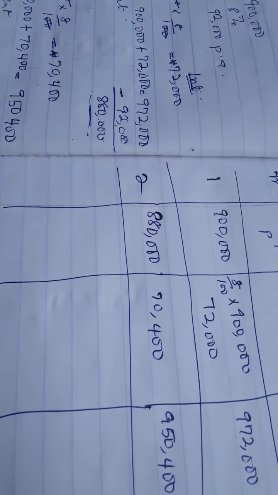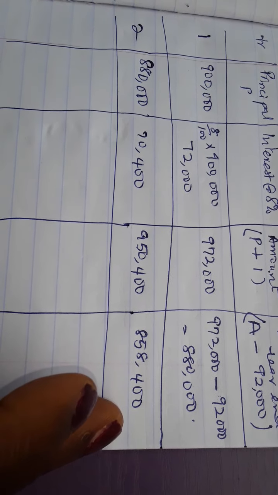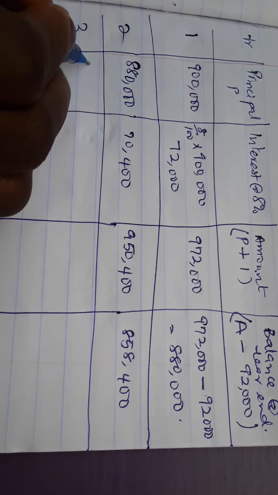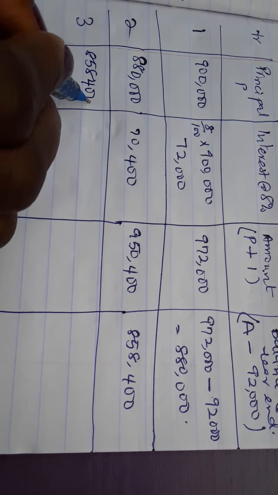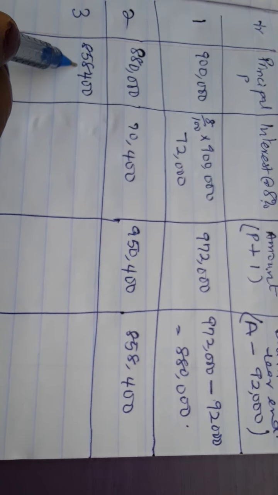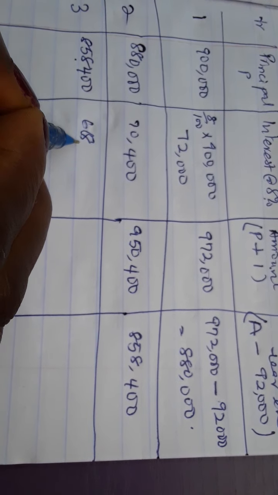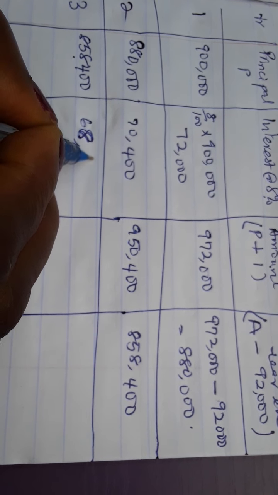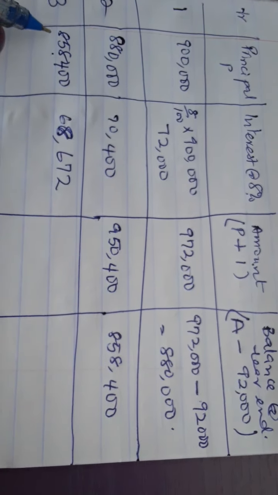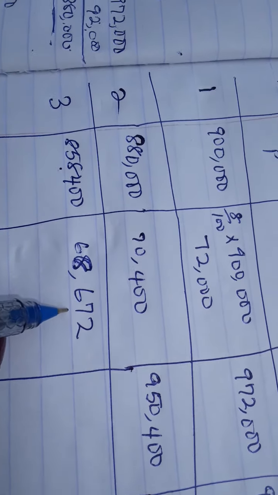In year 3, this comes to this side. Your 858,400 comes to the principal column. Again, 8% on 858,400 is going to give you 68,672. For you to get the amount, you add this and this, principal plus interest,